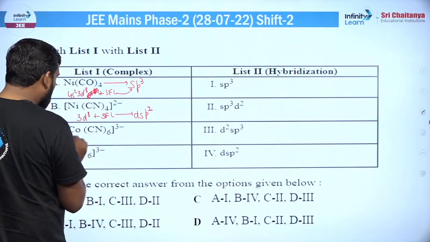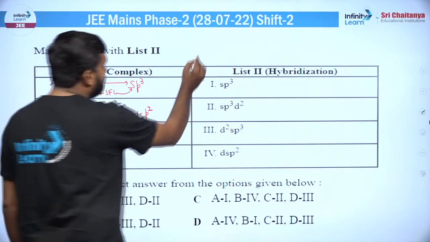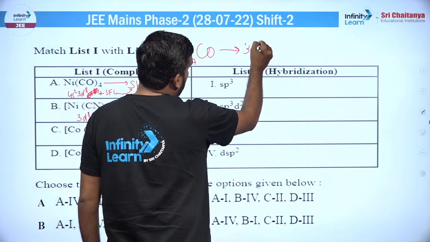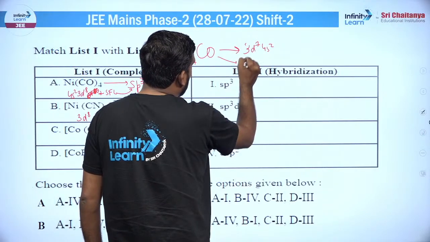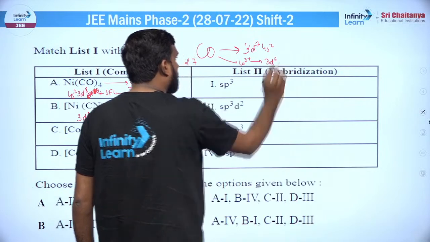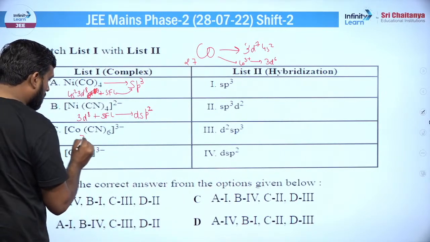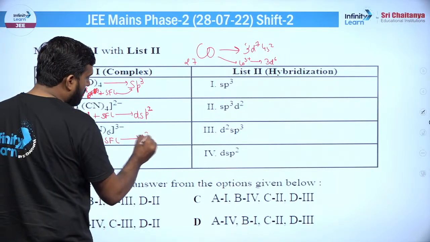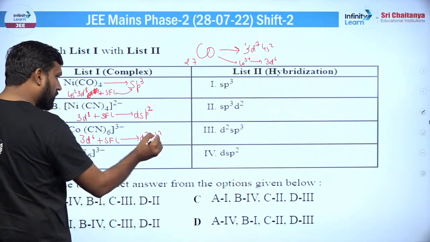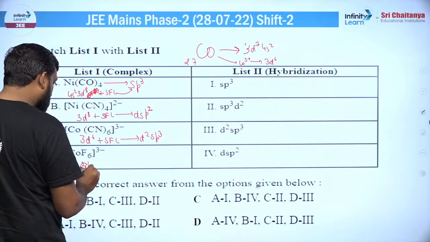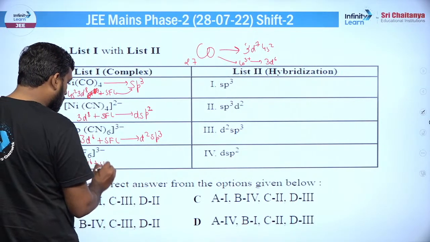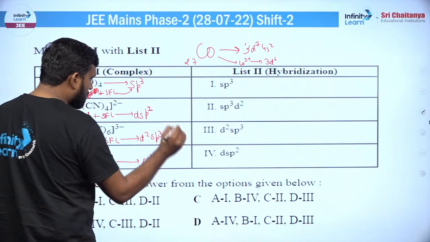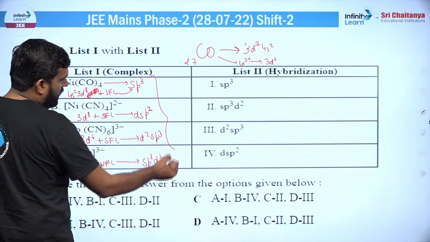dsp2 आ जाएगी। यहाँ पे कोबाल्ट 3+ में है, ठीक है। तो कोबाल्ट की बात करें तो कोबाल्ट का एटॉमिक नंबर 27 होता है ना, तो ये हो जाएगा 3d7 4s2। आप इसमें Co3+ बना रहे हो तो 3 इलेक्ट्रॉन निकाल दोगे, 3d6 आ जाएगा, ठीक है। अब 3d6 में अगर आप स्ट्रॉन्ग फील्ड लिगेंड डालोगे तो ये इसको पेयर कर देगा, और पेयर कर देगा तो ये d2sp3 बना देगा, ठीक है। लेकिन अगर वो पेयरिंग नहीं कर पाए, जैसे यहाँ पर केस है कि ये 3d6 है और यहाँ पर कोई पेयरिंग नहीं हो रही है, आप WFL का यूज़ कर रहे हो, ठीक है, तो उस केस में आपको हो जाएगा sp3d2, ठीक है। सो दिस विल बी योर फाइनल आंसर, ठीक है।